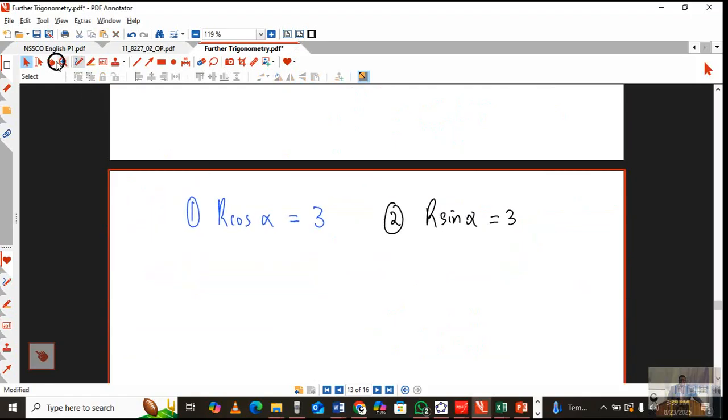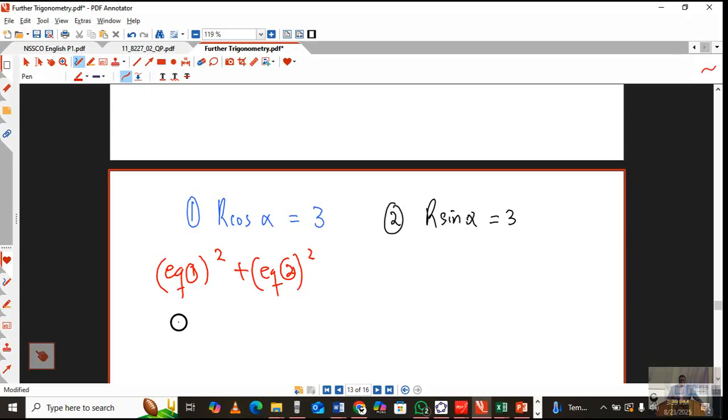So what I'm going to do now is take the sum of the squares of the two equations. I'm going to take equation 1, square it, add it with equation 2, and square that. When I do equation 1, I've got r squared cos alpha times cos alpha, which is cos square alpha,